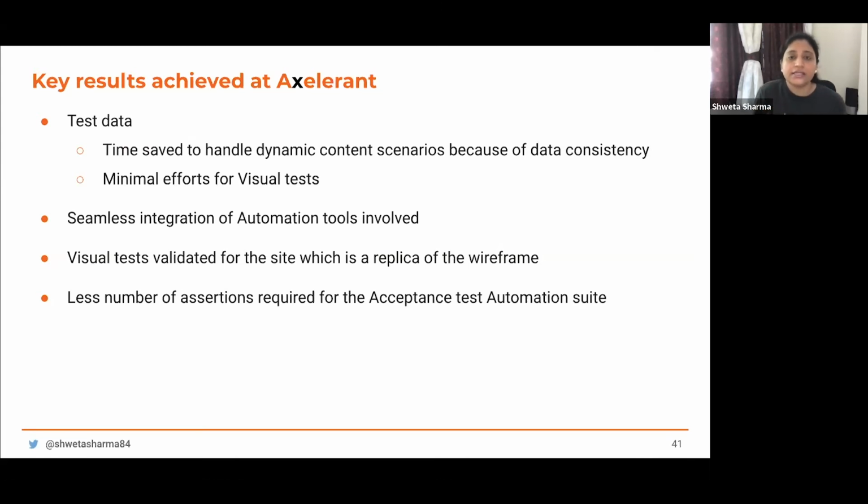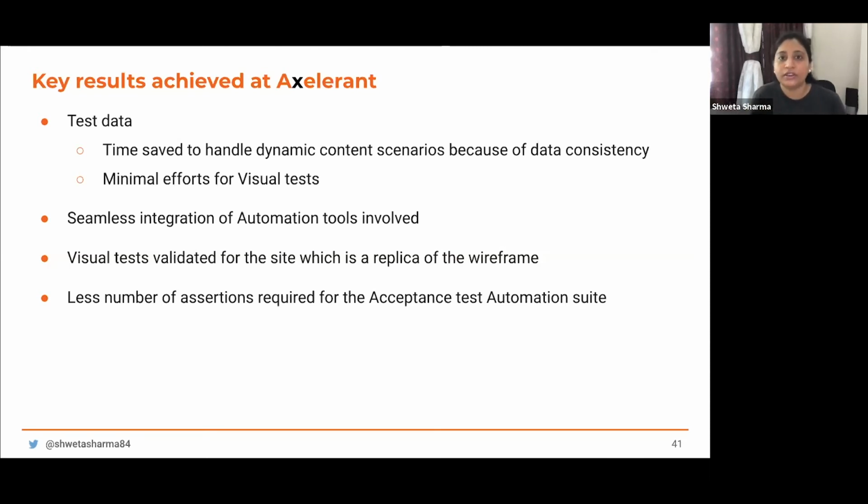Now, the key results that we've achieved so far at Accelerant by bringing in these tests is that we very cleverly handle the test data part of it, right? If you understand test automation in general, and especially when visual testing comes into picture, test data plays a very important role. So ensure that you have smarter mechanisms to handle the test data.